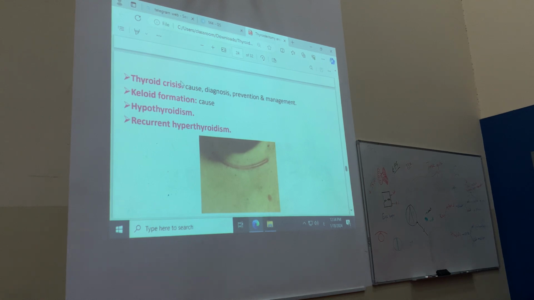subtotal. By the way, I mentioned it before, but just to remind you: if you are performing subtotal, you should give the patient post-operative L-thyroxine. It's not only to replace. Maybe the part that you are keeping is enough to replace the normal amount of T3 and T4. It's called suppressive dose. What's the meaning of suppressive dose? You are suppressing TSH to prevent the recurrence of the